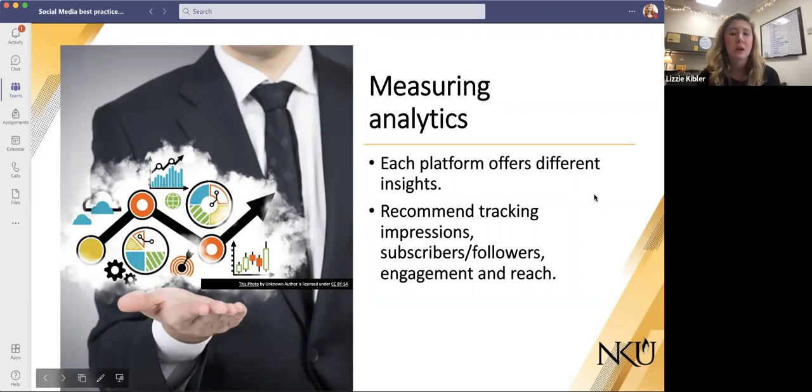And then each platform even offers different insights. Facebook, you can download their insight tracker. Twitter has a way to download analytics. Same with Instagram. Now that Instagram's been meshed with Facebook, actually a lot of the analytics appear just in your Facebook interface. And that's just a good way to check your impressions, which is how many times people have seen it across their screen. And that's the same as reach as well.